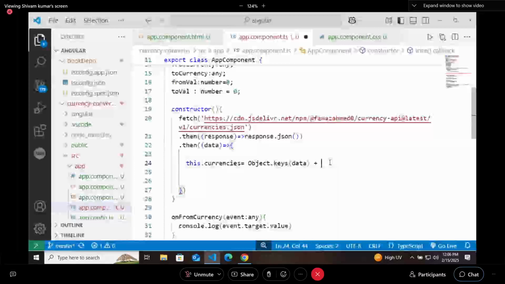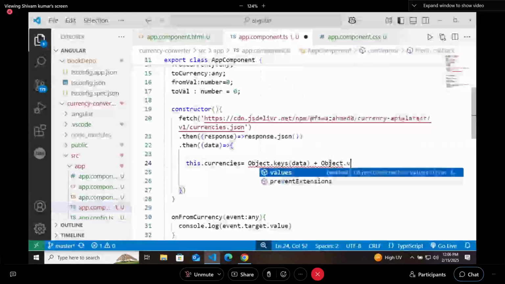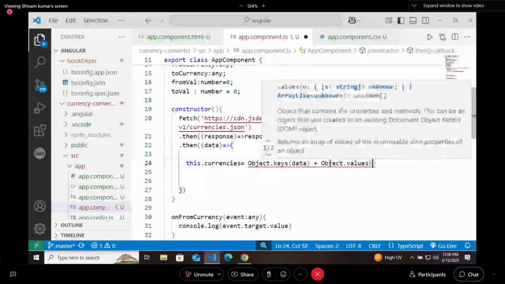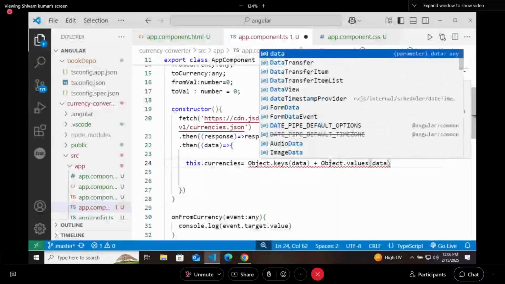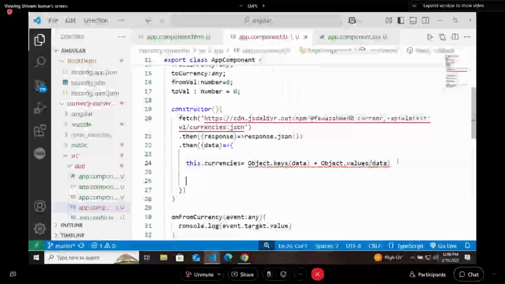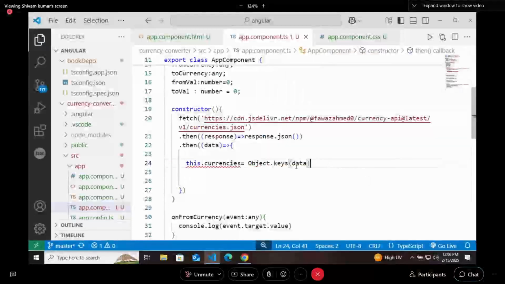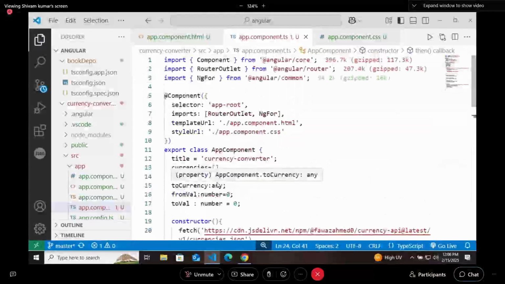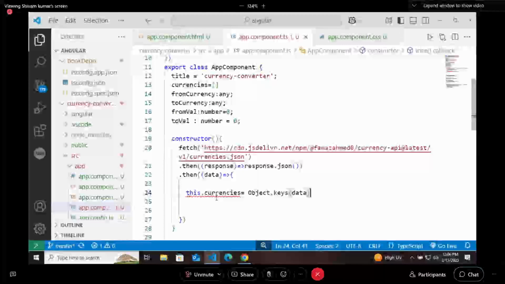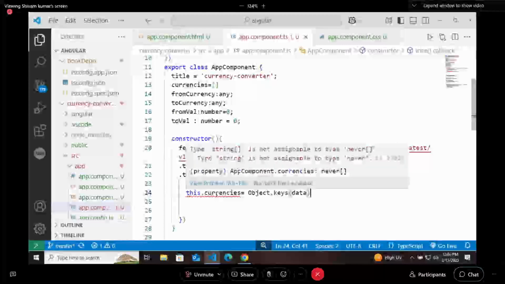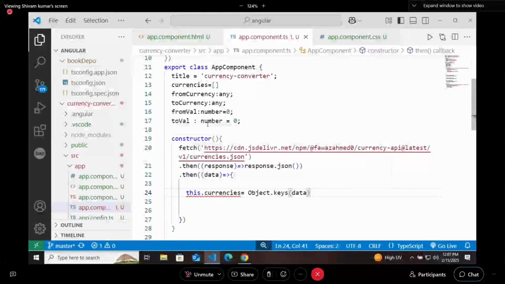plus Object dot values of data. This dot currencies, it's an array, Object dot keys. What is the problem?